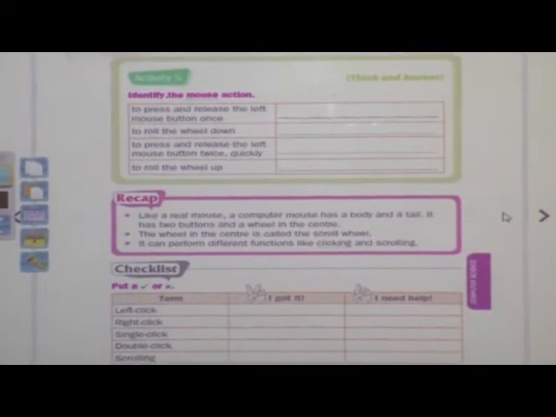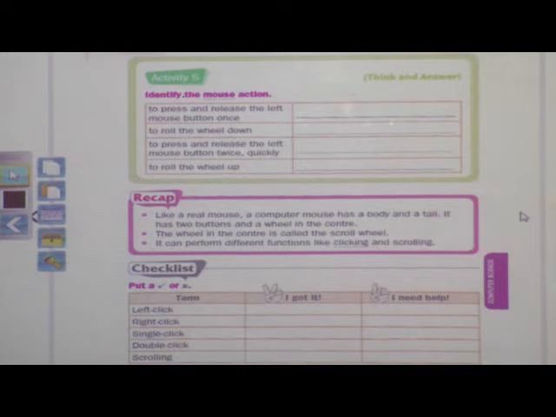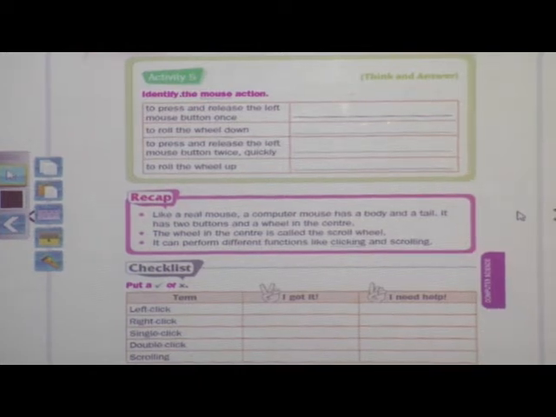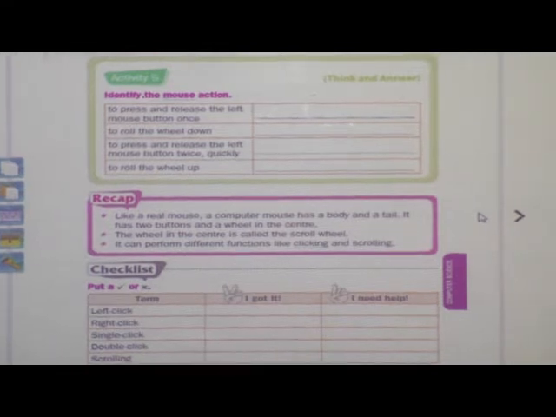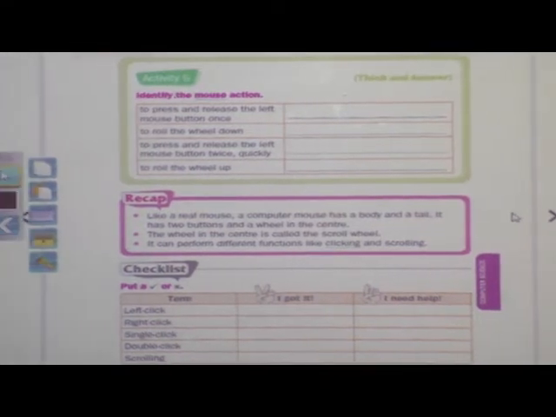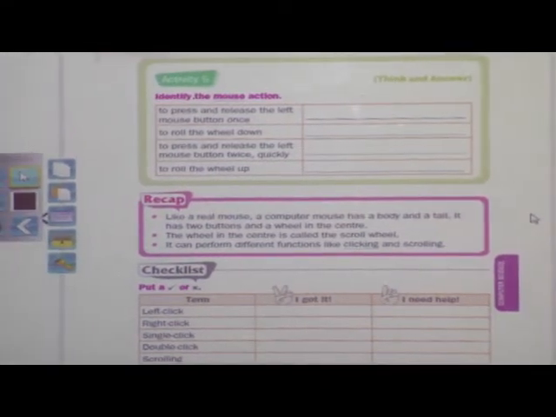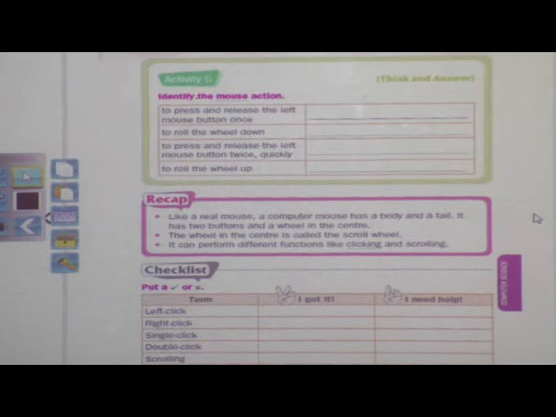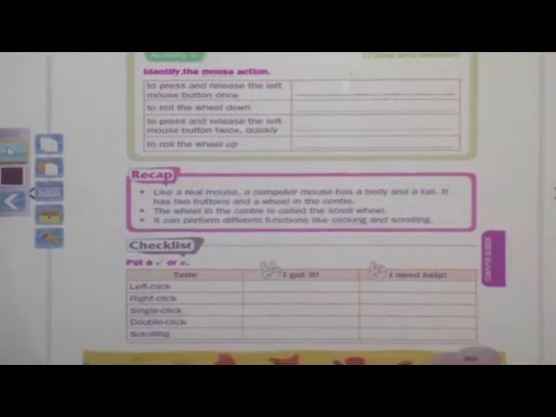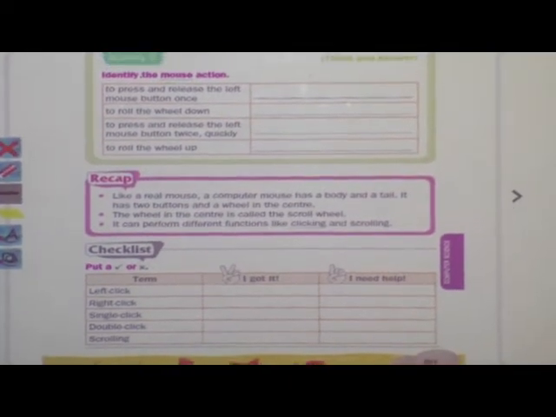I will read the question once again. To press and release the left mouse button. Yes, very good students. It is a single click.